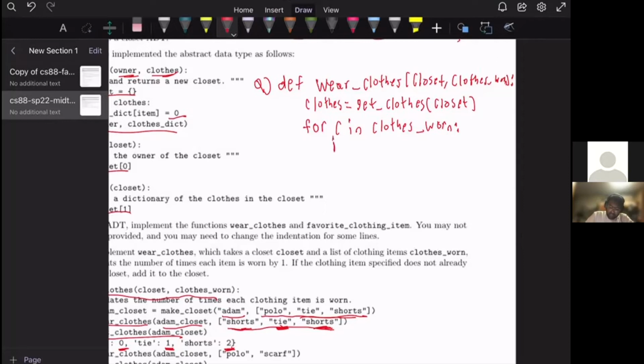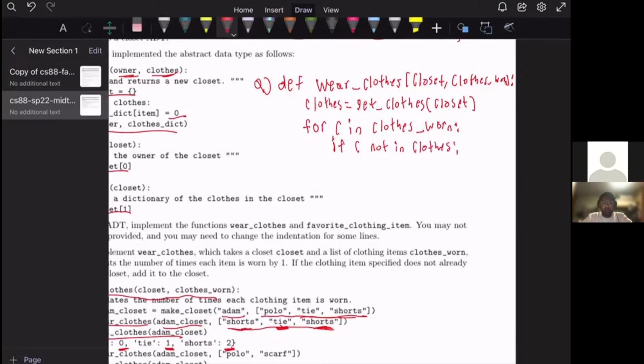So how can we check whether some item, some element in this iteration, is in our dictionary? Well, if you recall, there's an in command, and you can basically see if some element is in a dictionary using the in syntax. So you can say if C, which is the article we're currently on, not in, right? Because in the case that it's not in our dictionary, which we called clothes,